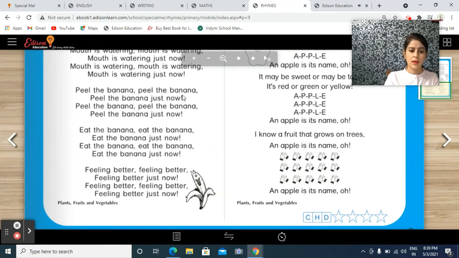Peel the banana, peel the banana just now.